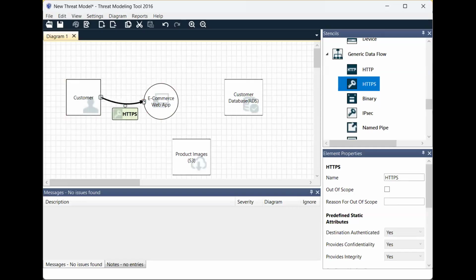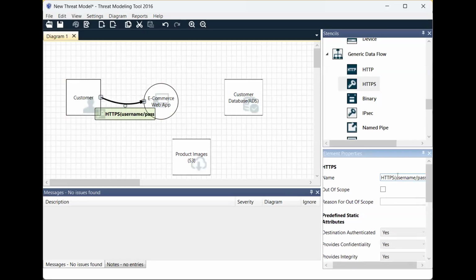So that's we have HTTPS. So let's just say username slash password. So then from web app to customer database,